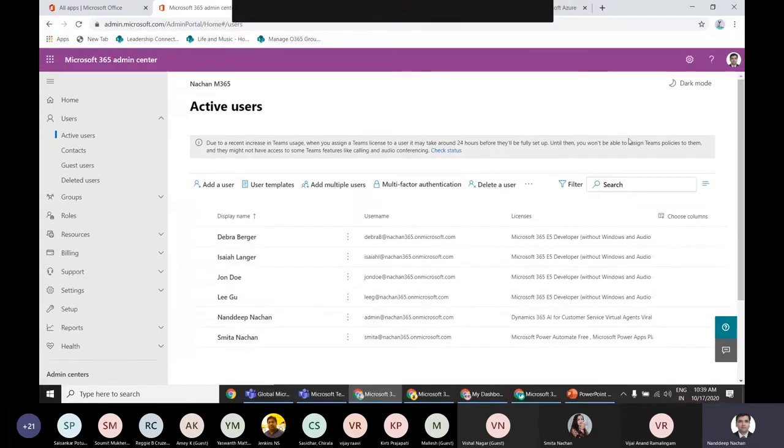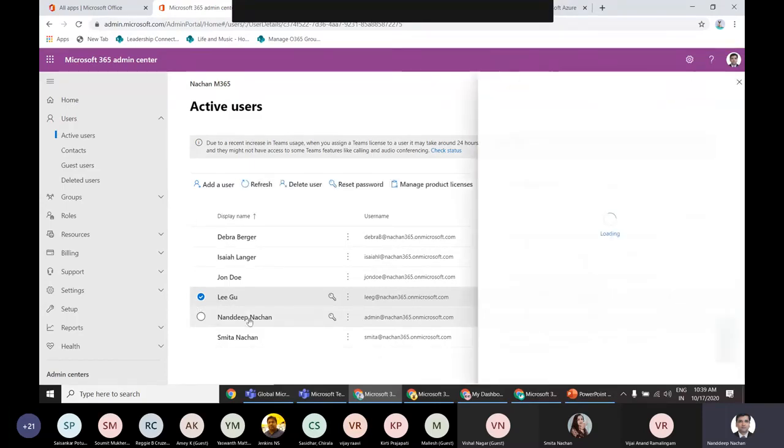So I will go to my global administrator and click this Lee. Let me check one more time if this user has got the rights. Otherwise, we will forcefully log him out and ask him to log in one more time.